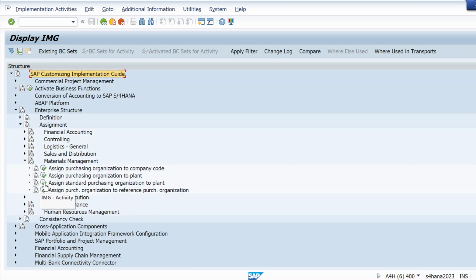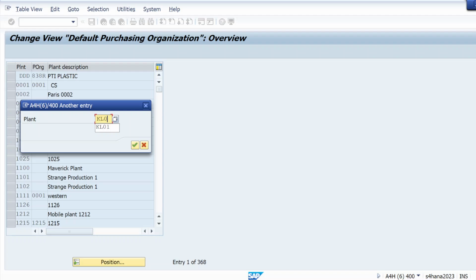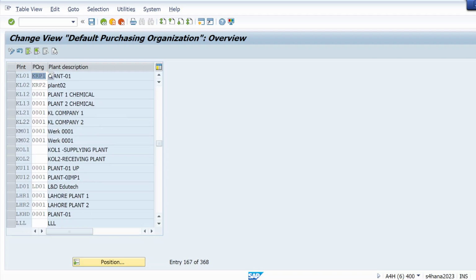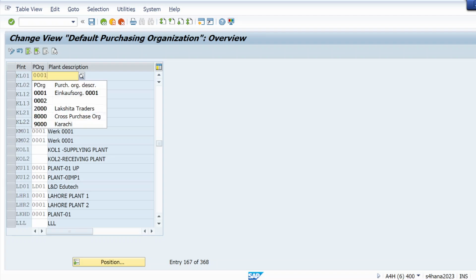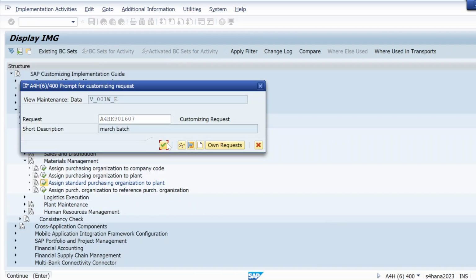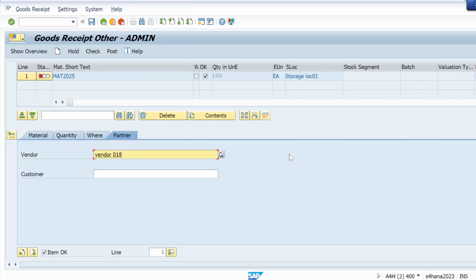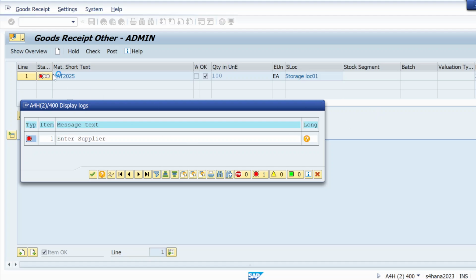Material management, assign standard purchase order. So let me give 0001. Let me check with 000. Still the same error it's throwing.